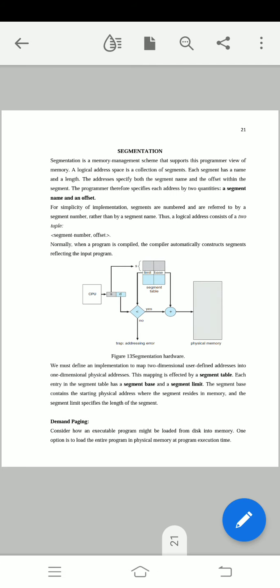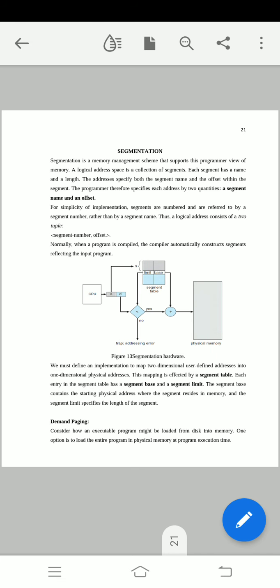Next concept is segmentation. There we used the concept called paging; here we use the concept called segmentation. Segmentation is a memory management scheme that supports the programmer's view of memory. In paging, the logical address space is divided into pages.